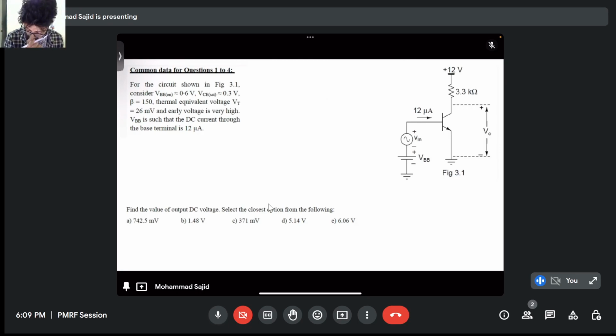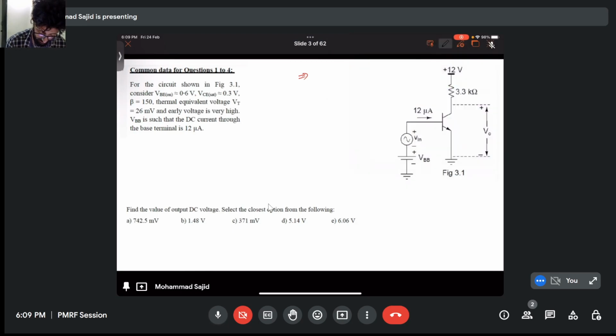So before we go to solving this question, let's just recall some things from the previous week. We should know what beta is. This is IC by IB. What is alpha? That is IC by IE. Beta is always greater than 1, alpha is always less than 1. This should be remembered. Okay, so now the question says